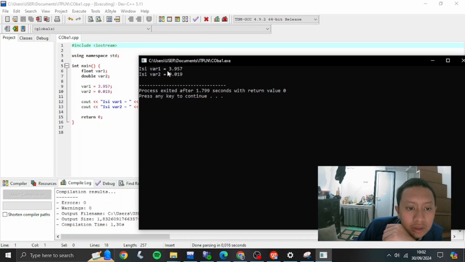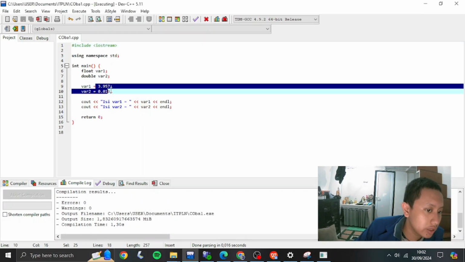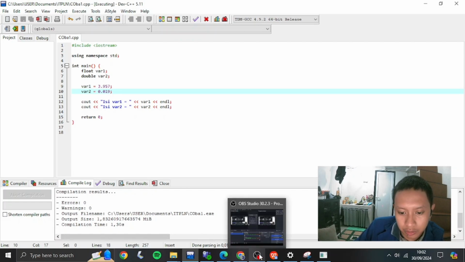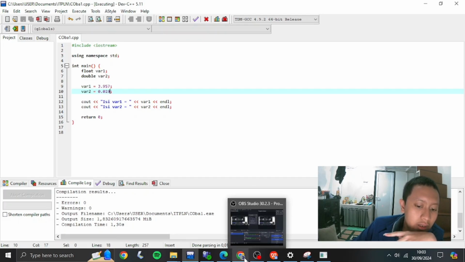It's not so different from the integer, short and long ones. Besides that, the only difference is the decimal. If you want to input a decimal, you can use float and double, but if you want to use a number such as from -1 or minus 100 to 100, you can use the integer one.